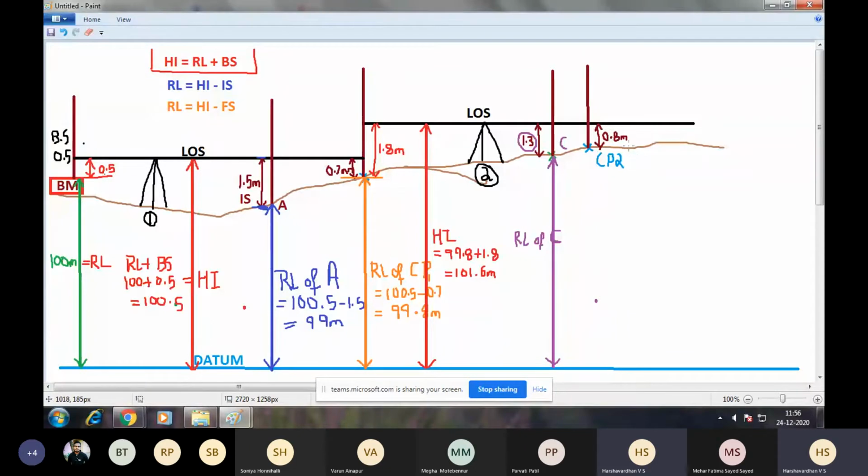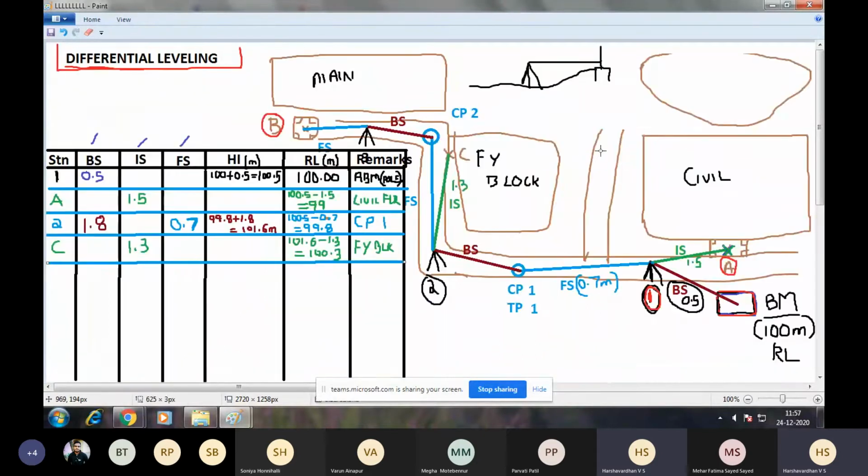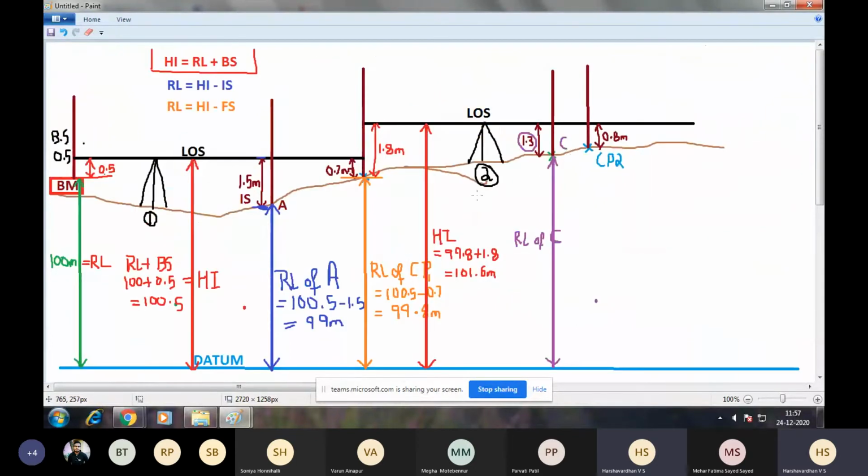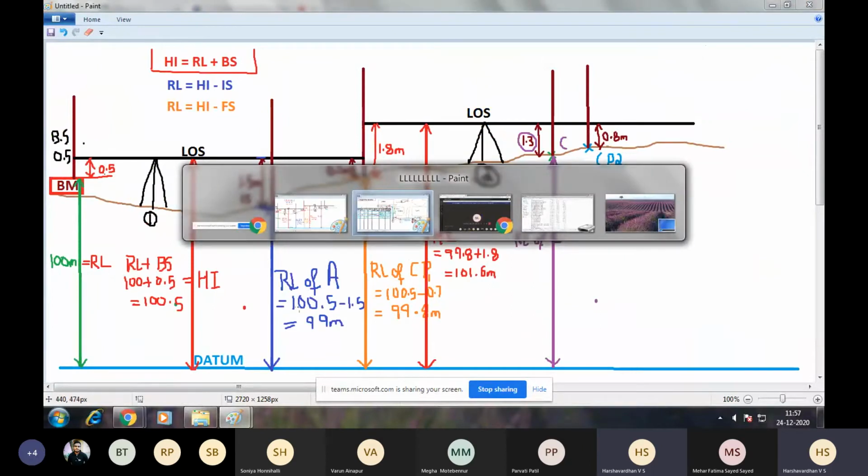Now this 0.8 meter staff reading is not a backsight because we don't know the elevation of change point 2, and it can either be an intermediate sight or foresight. Now after taking staff reading on change point 2, I intend to change the instrument point. So this is the last staff reading from this particular instrument point. So this 0.8 staff reading is foresight.